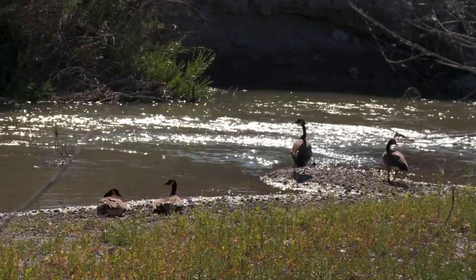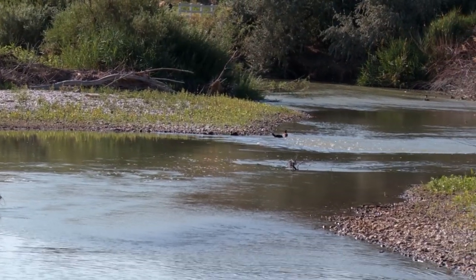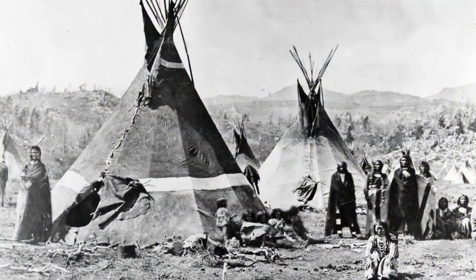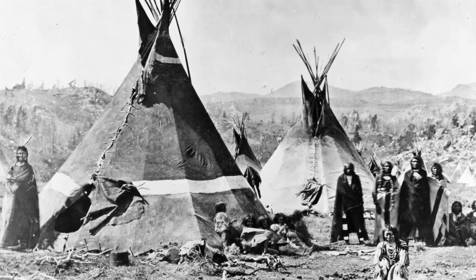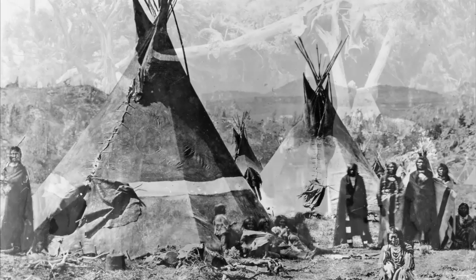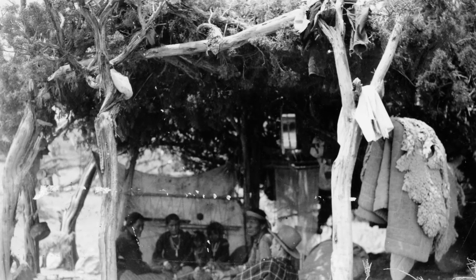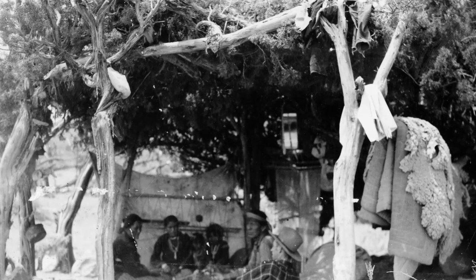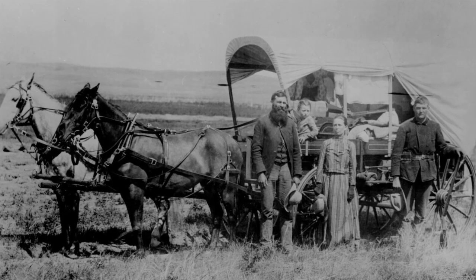The contribution of the Jordan River to the successful settlement of the area cannot be overstated. Historically, Native Americans camped on her banks, and she provided them with food and shelter. Later, trappers, traders, and explorers enjoyed her rich offerings. In the early 1800s, a French fur trader established a fur trading post on her banks. And the early pioneers used her waters to quench the thirst of their animals, cool their feet, and wash their